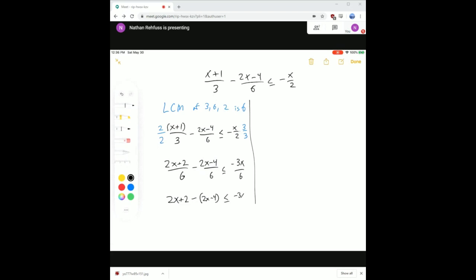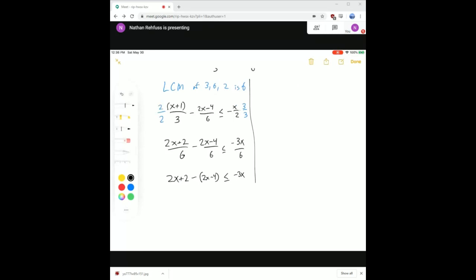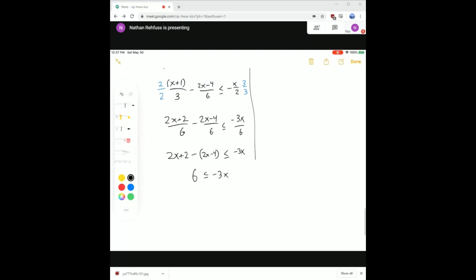So I've canceled out the denominators, and now I can combine like terms. 2 minus negative 4 is 6, 2x minus 2x is nothing. And now, when I divide by a negative number,